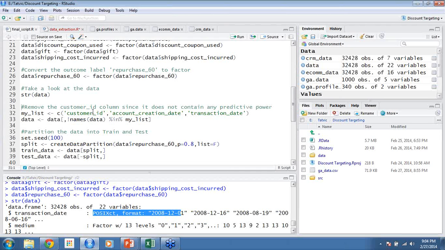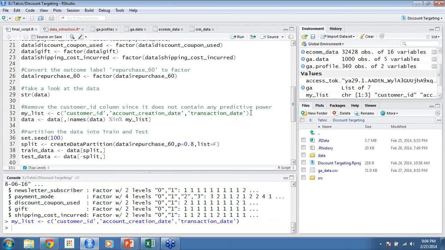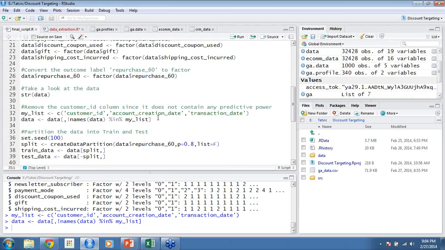Since the join step is over, let us remove customer ID. For the time being, I'll remove the date columns as well. I'll justify why I removed the date columns in a few minutes. These are all stored within a particular list, and I'll remove all these 3 columns from the data